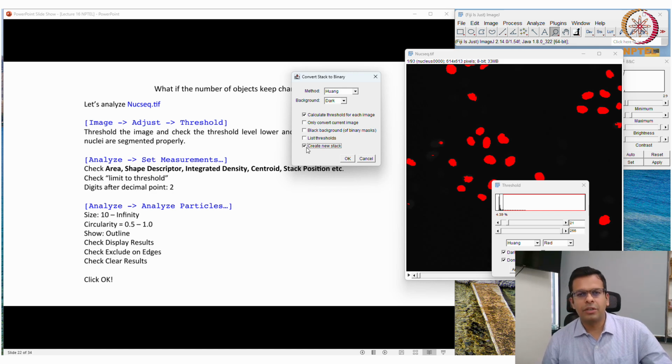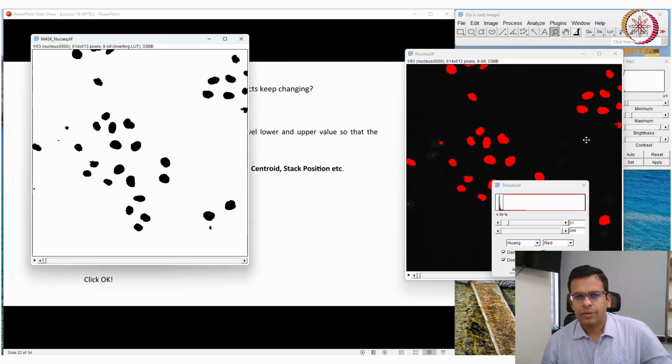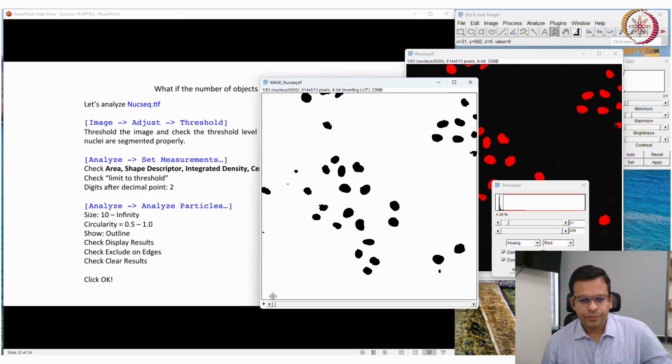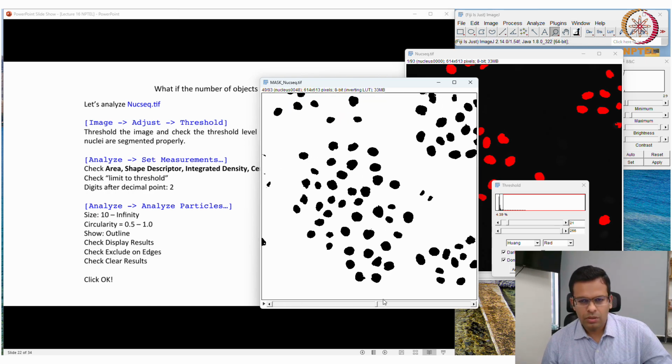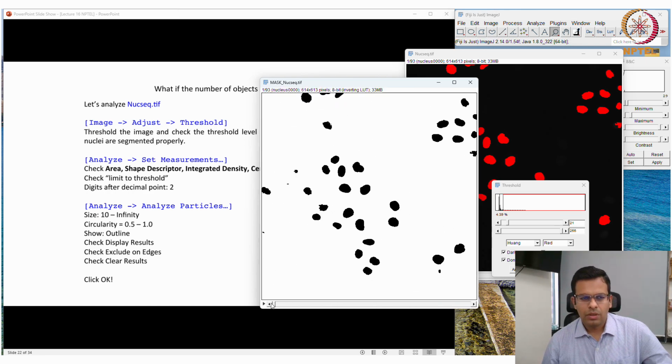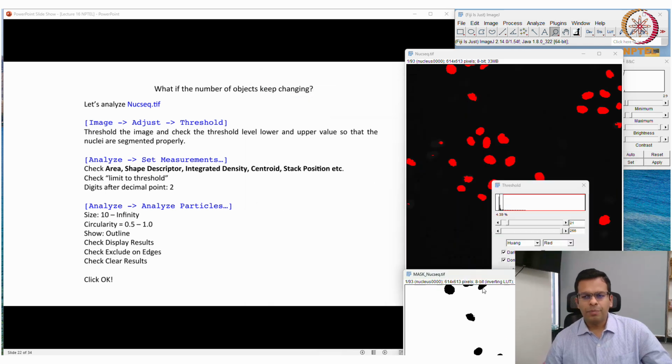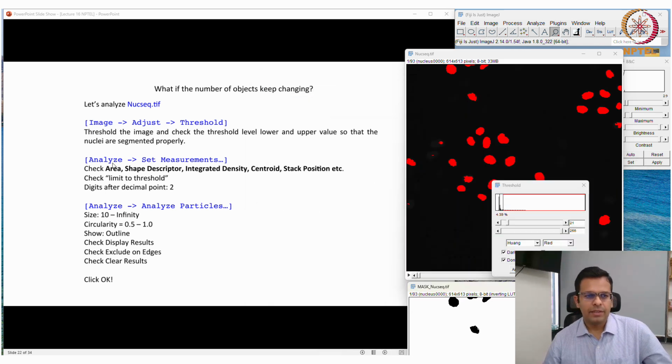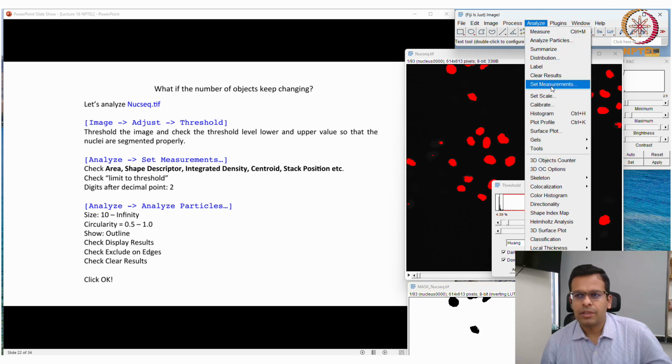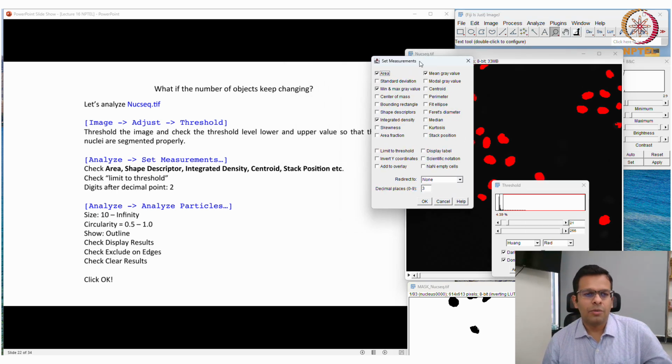I will ask to create a new stack. Now what parameters I want to measure, that I will set. So I will go to Analyze and Set Measurements, and I will tick mark the options that I want to measure.